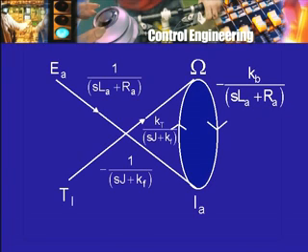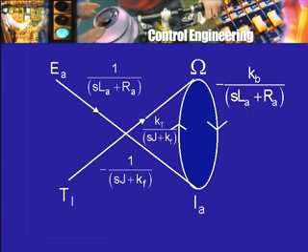The second one is from TL to omega, and I will show it. This is not a crossover, it is not an intersection, this is only to show on the diagram. I have minus 1 by Sj plus Kf, and there is a gain from Ia to omega, which is Kt divided by Sj plus Kf. This is the signal flow graph. And now from this I can write down the desired relationship.